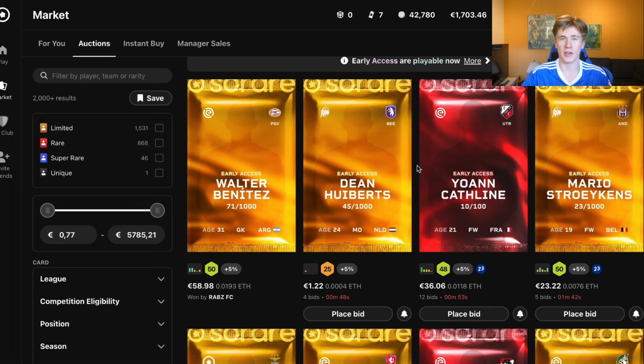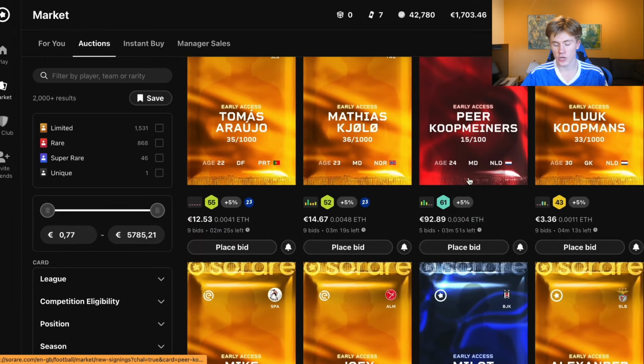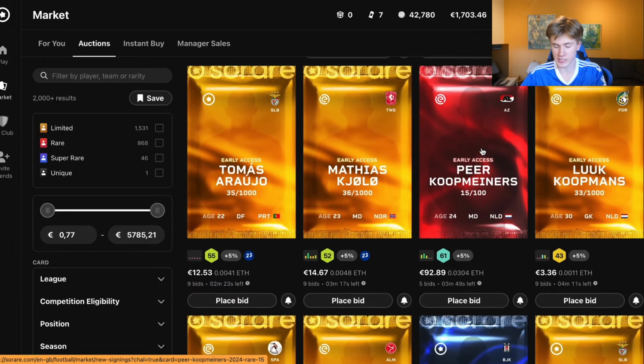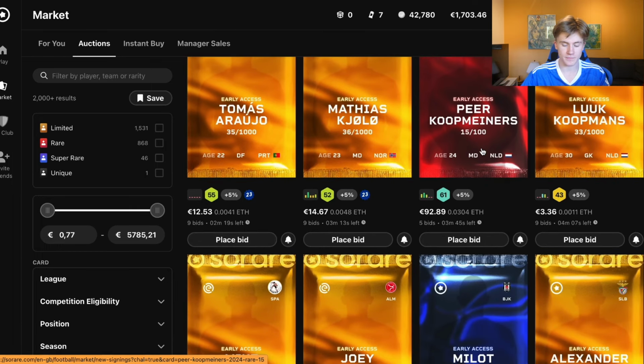It's much better to have multiple tier 4s, tier 3s and tier 2s, instead of purchasing risky tier 2s, tier 1s and tier 0s, in my opinion. And therefore try to find those players like here, for example, Coop Miners. This is a really interesting one, by the way. And try to purchase those players that are worth maximum 200 euros and, for example, over 25 euros in rare,